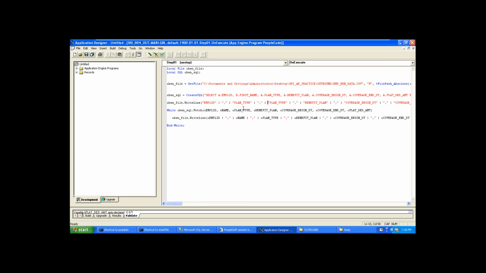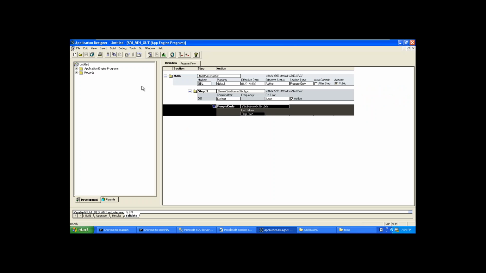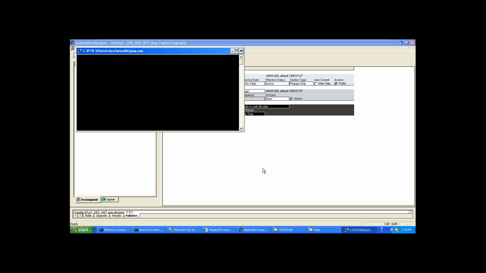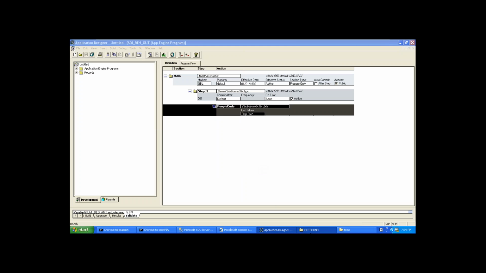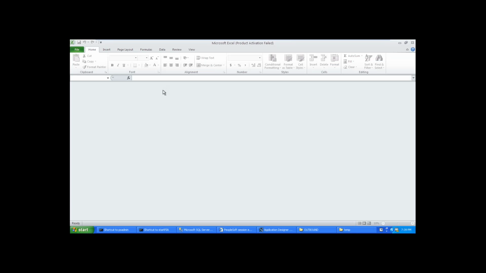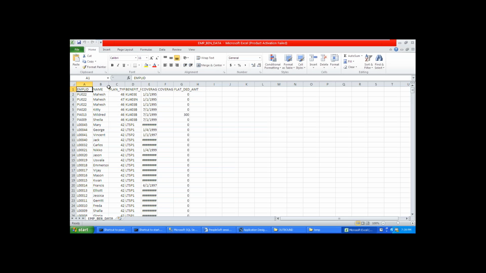Here name also I am adding, employee name. Now, if you run this program again, now it will display the name also, like this.